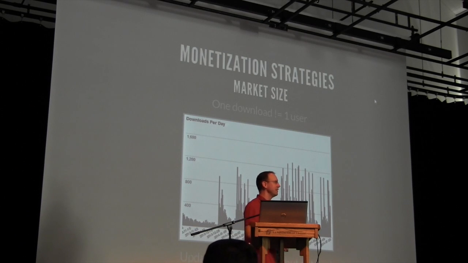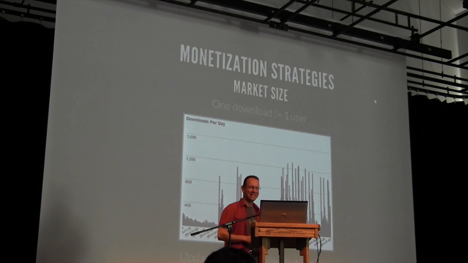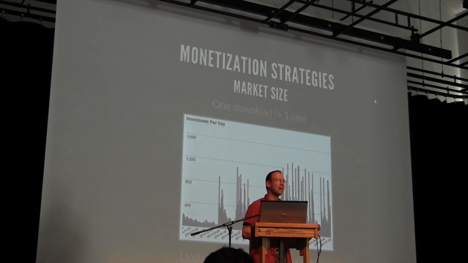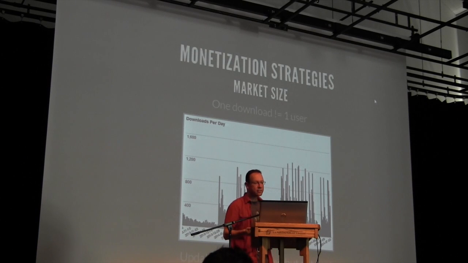Heck, you could set up a bot that just keeps downloading. Anyway, less nice ways to try to become more popular, but just things to consider. That download number is really just how many times that zip file was downloaded off of their servers. Something else to consider is those download numbers also include somebody who downloaded it, tried it for 5 minutes, deleted it, and went on their way. So that's not necessarily a user. Maybe it's a potential customer for you, but it's not necessarily an active user of that specific plugin.